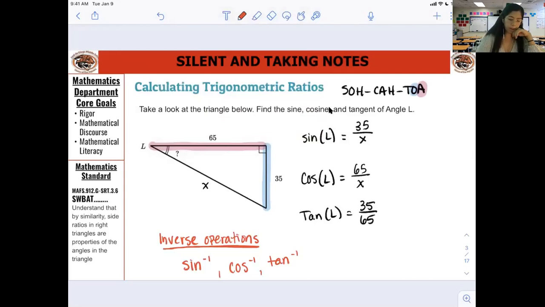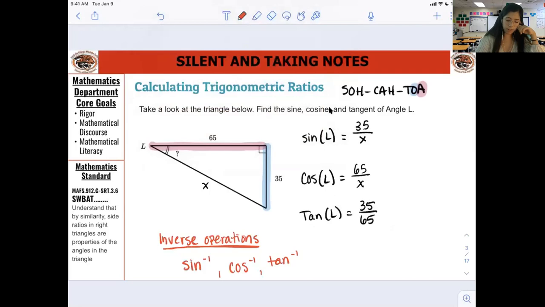So when you have this equation right here, because I'm trying to solve for L, I'm trying to figure out, okay, what is the measure of angle L? In order to do it, I have to undo the tangent. Because right now I'm taking the tangent of L. So if I need to undo that tangent, what I do,